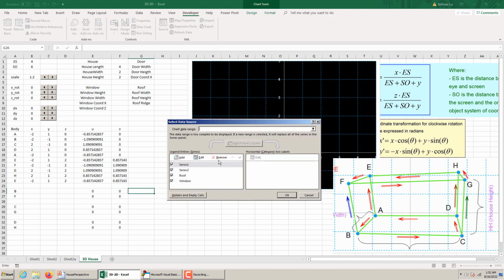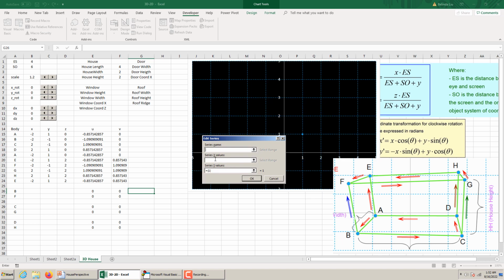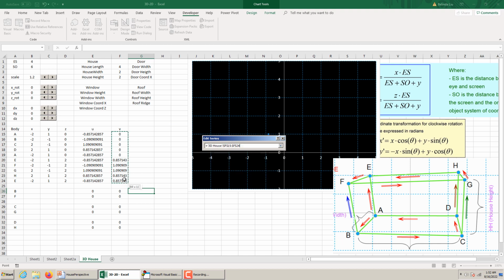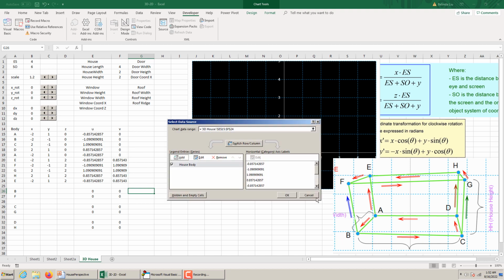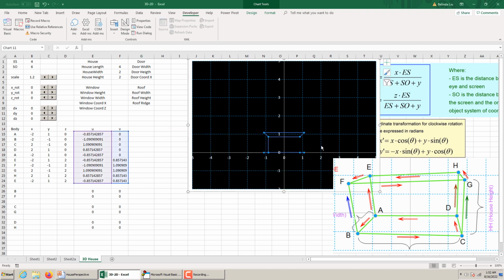Select data, let's remove them all, add a series called house body, and pick up the X from here and the Y from here. So what did we get? Oh, we forgot, is correct,